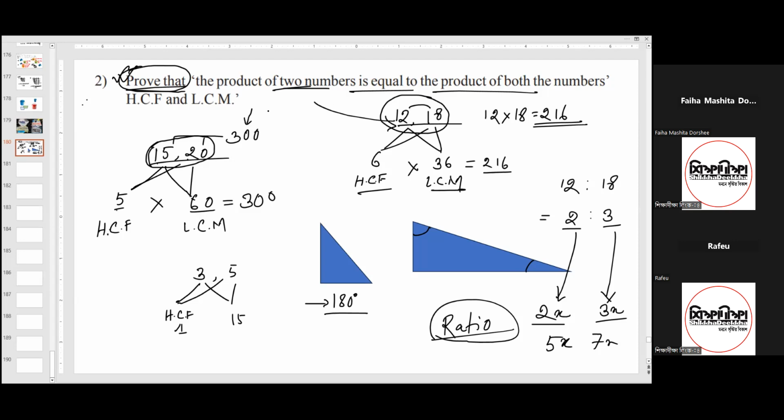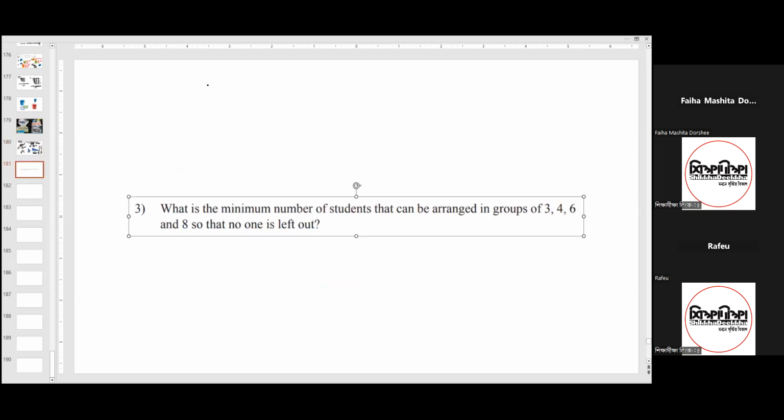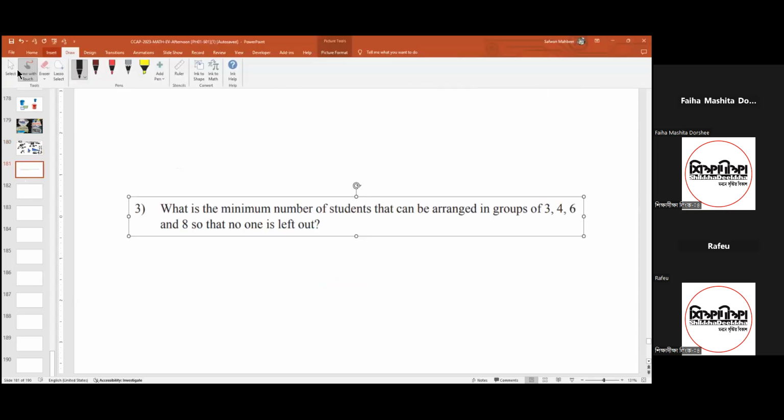Otherwise you have to give the limit that this law is only feasible for odd numbers, only feasible for even numbers, or something like that. Okay, so আমরা পরের ম্যাথটার জন্য যাই।